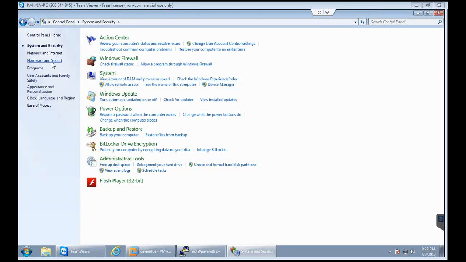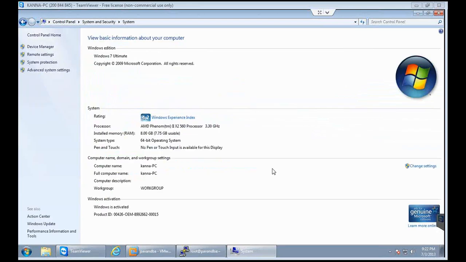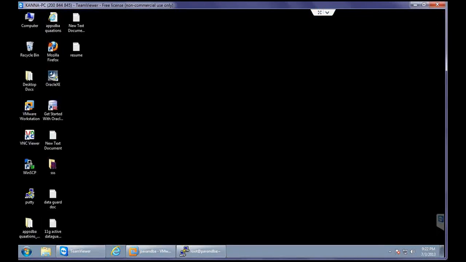Then which option? System, okay. Yes, control panel, system and security, then system, which is again pointing to the same screen. So in both ways you can find that out.